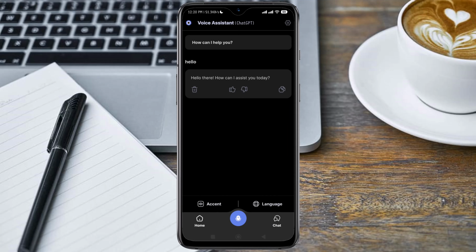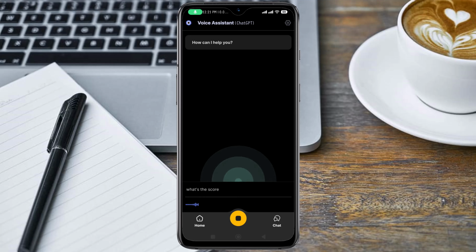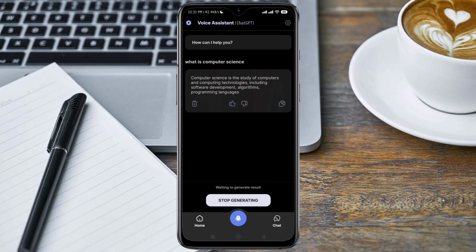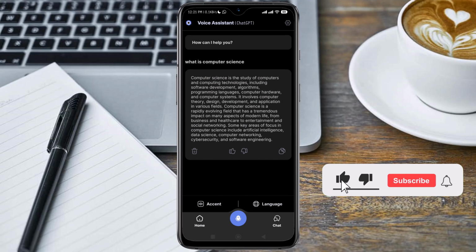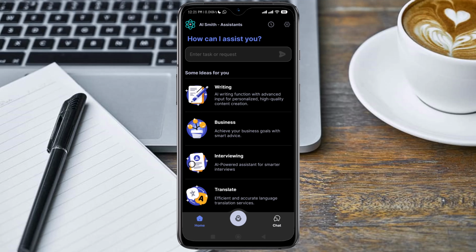Hello there, how can I assist you today? What is computer science? Computer science is the study of computers and computing technologies, including software development, algorithms, programming languages, computer hardware, and computer systems. It involves computer theory, design, development, and so guys, you can see you can use this thing for a